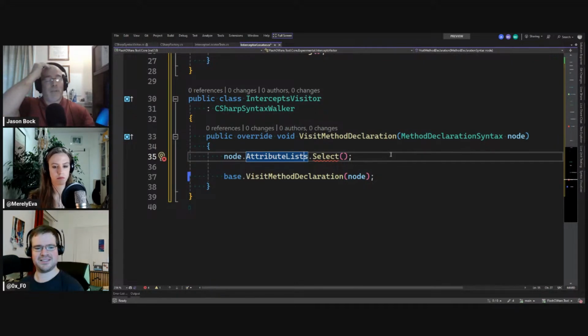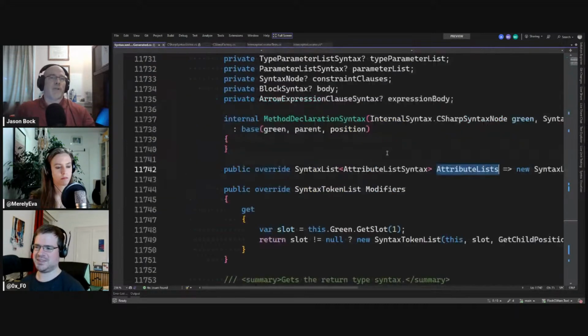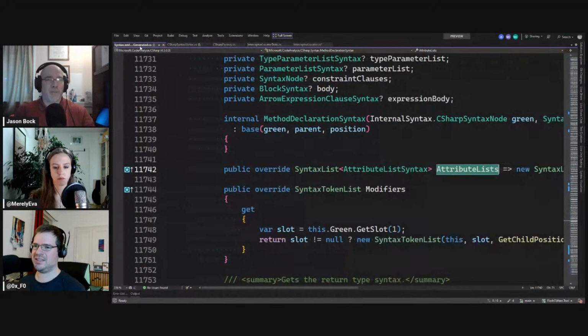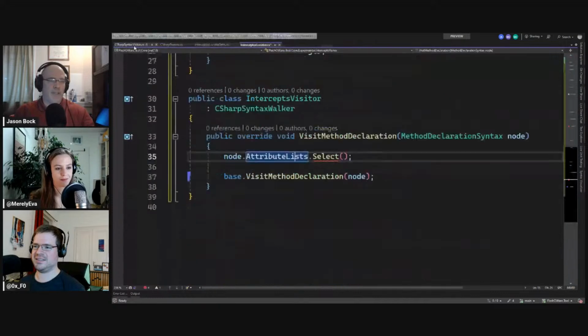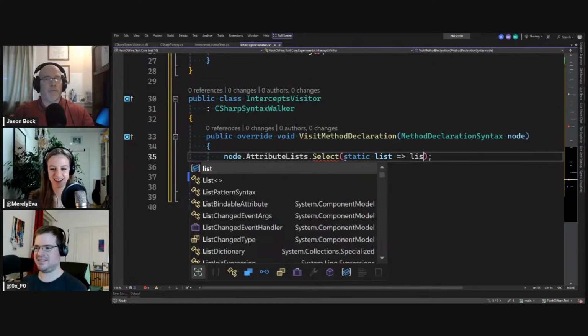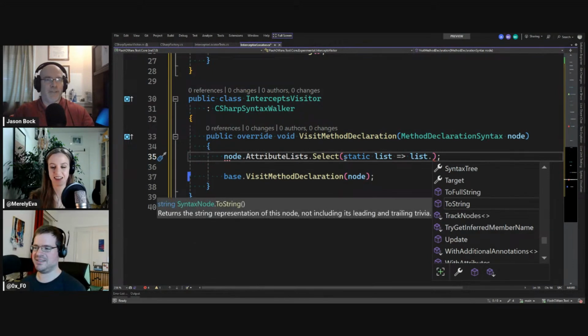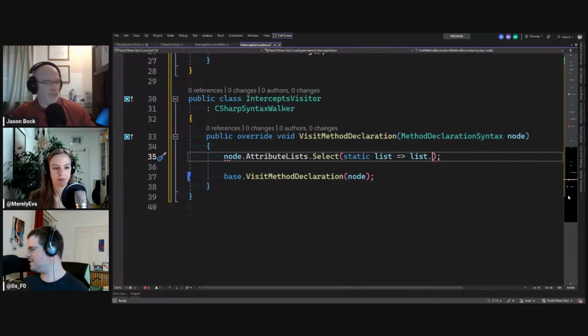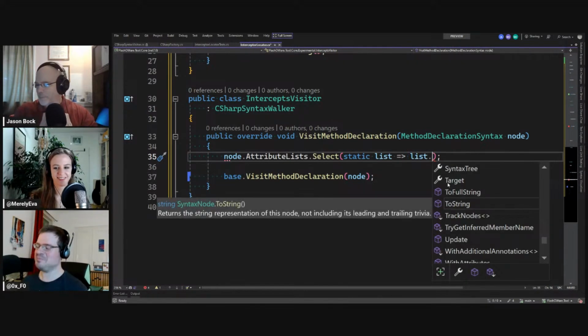Like, I may be overthinking this. So like, if you just take an arbitrary repository from somebody's GitHub site and said, well, let's find all the places that are intercepted. Well, the source generated code isn't even there. So I don't know if you'd actually be able even to do that, but we can have fun. We can just keep going, at least see how far we get with this.